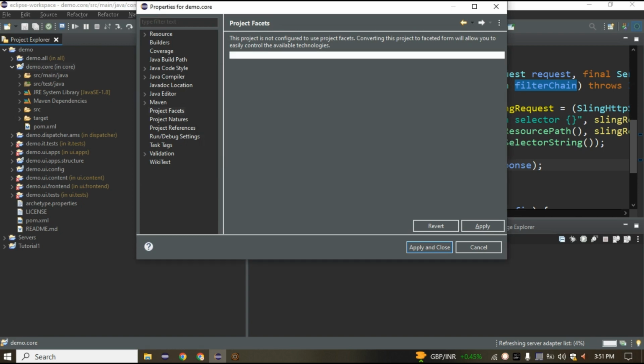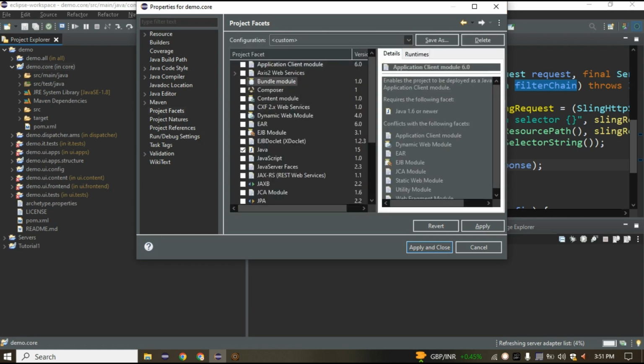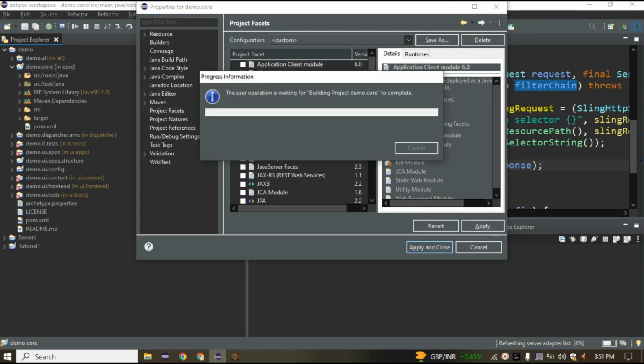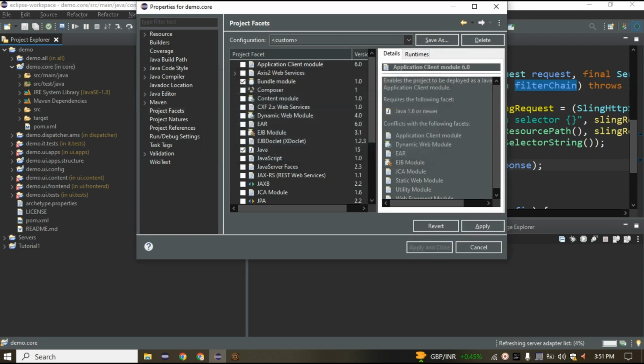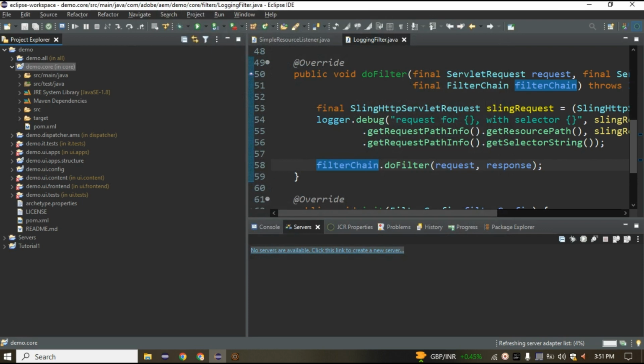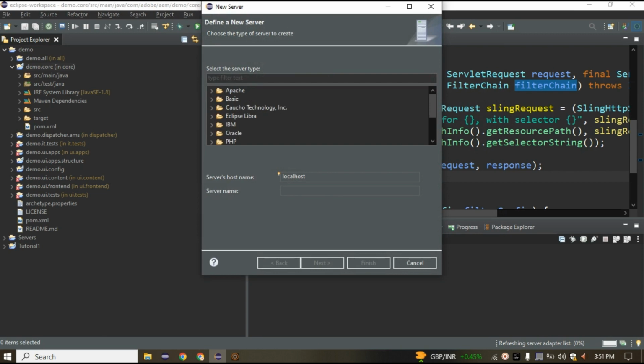We have to wait, and okay, it has converted. We have to select this bundle module. Once you have selected this bundle module, you just have to apply and close. So we have closed it, and now when you try to create it again,